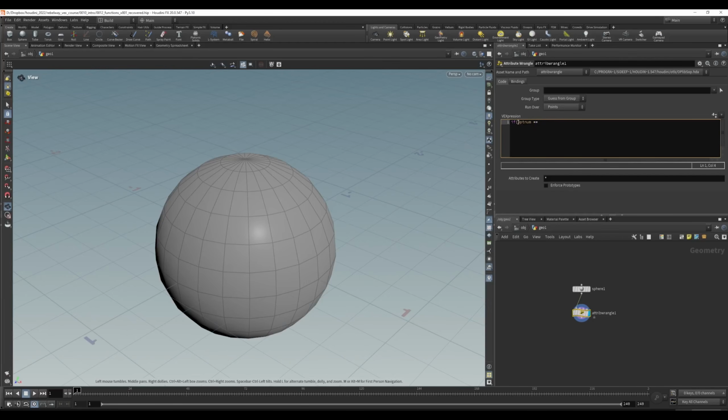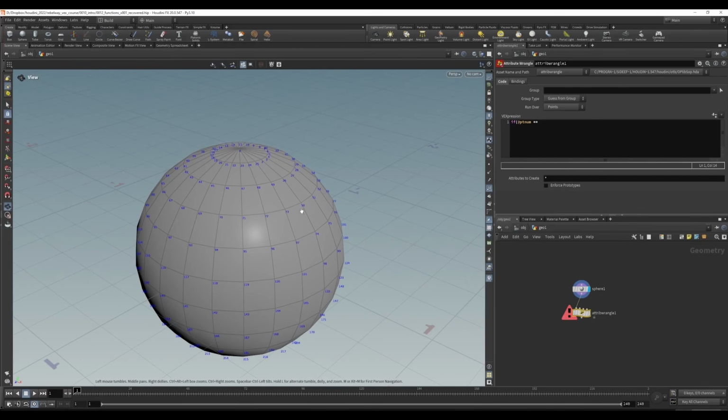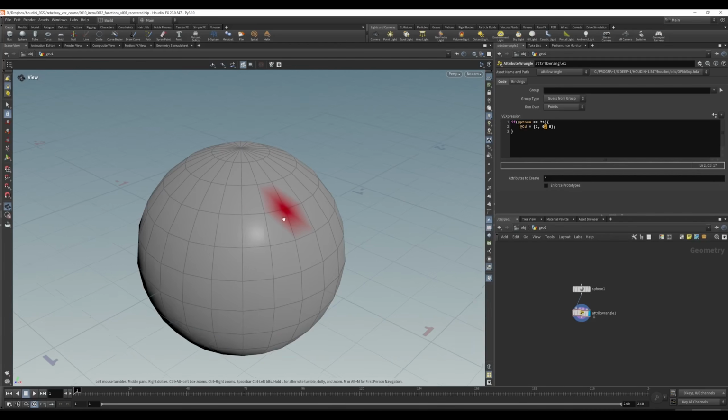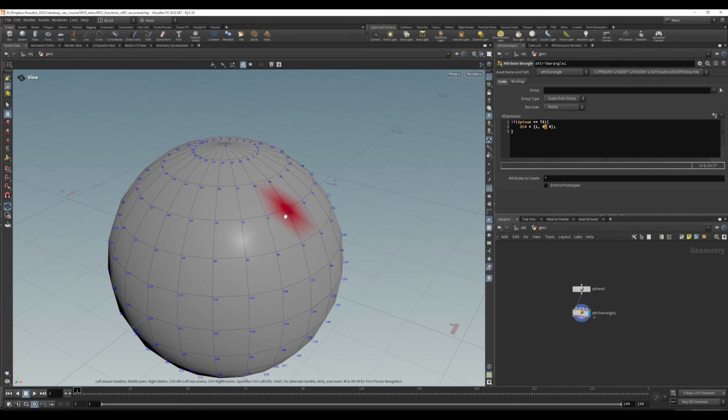So this basically means the current point number that we're looking at equal to the following number that's going to come after this. So we're going to say, is ptnum equal to, so look at 73. And we have a piece of code that runs. We can say our color will be the vector red, just using that syntax for creating a vector with the curly braces and commas. And we can see here that we've given ourselves a point color of red,